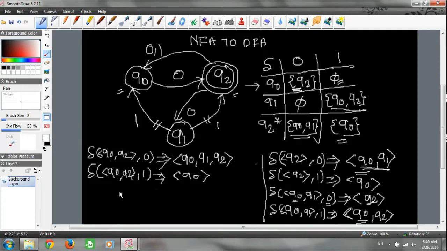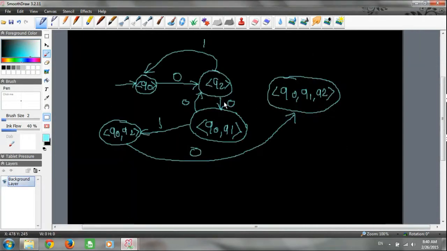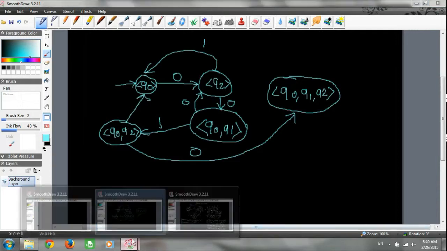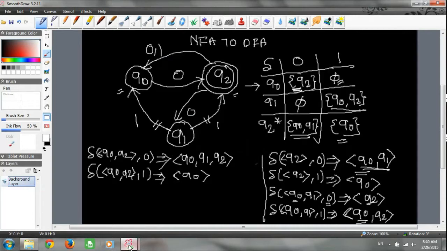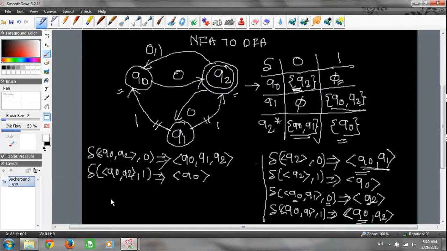So Q0, Q2, if you give 1, goes to Q0. That means you need to draw the transition here, on 1. Fine. Let's come back. So Q0, Q2 got expanded completely.